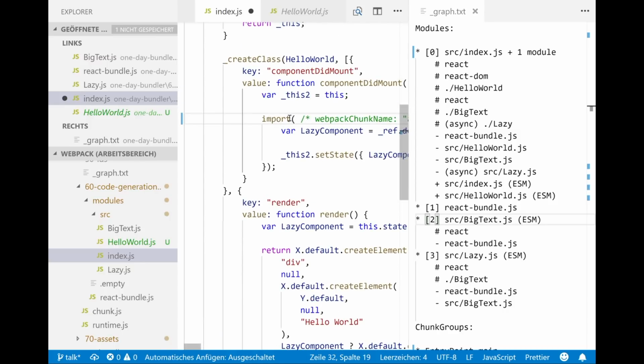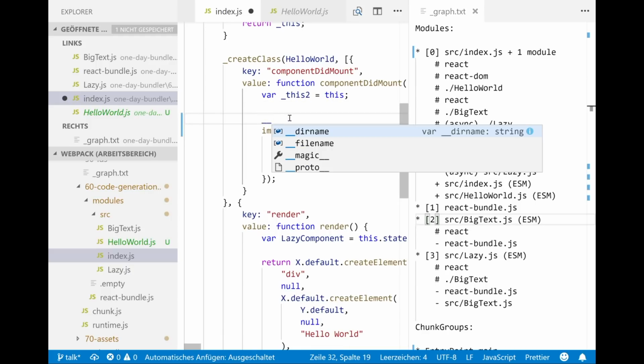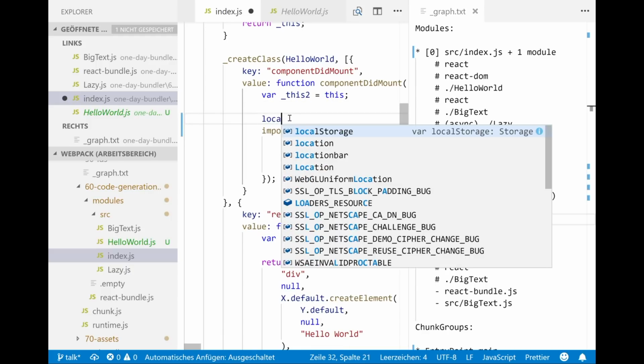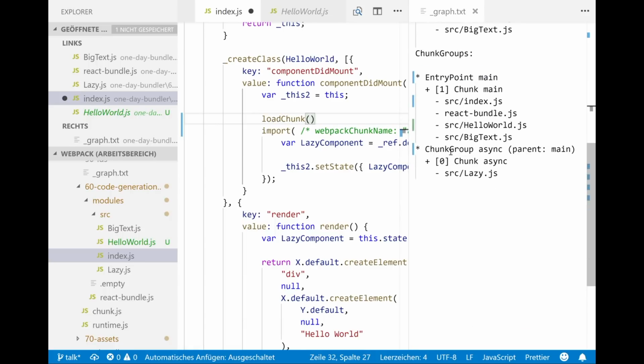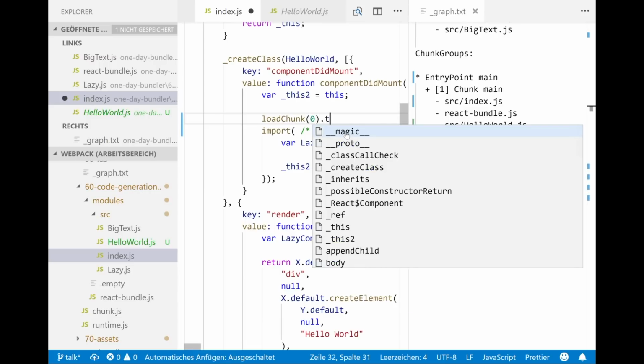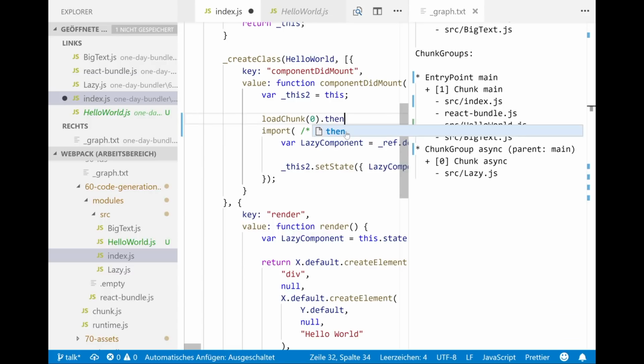So now we have to do this. Okay, let's assume we have some kind of function, this load chunk function, which loads a chunk, and we have this chunk with the ID 0. Let's assume it returns a promise. And now we magically have all modules in this chunk available.